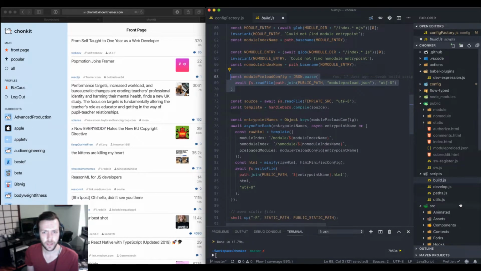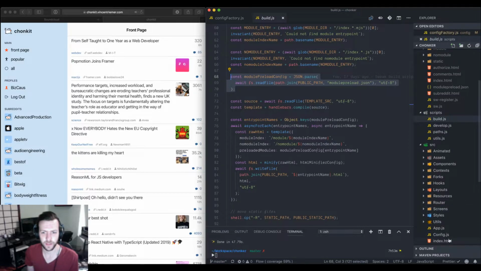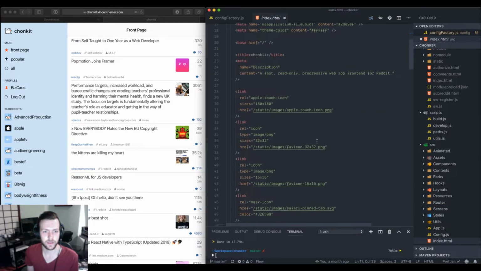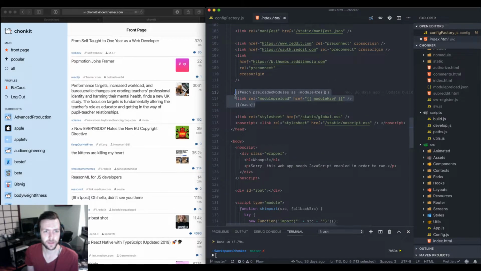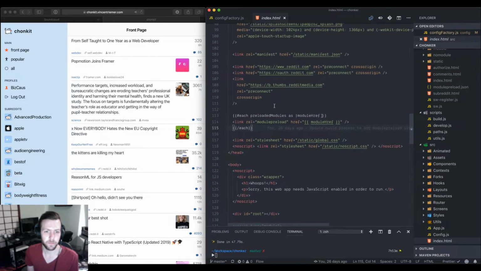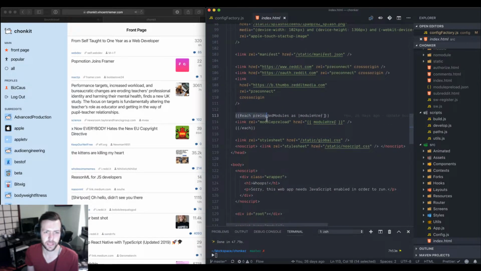And I take the sort of HTML template, which is really just pug, and I generate all those HTML files with this template, and the big part that is being replaced and templated are these link module preloads